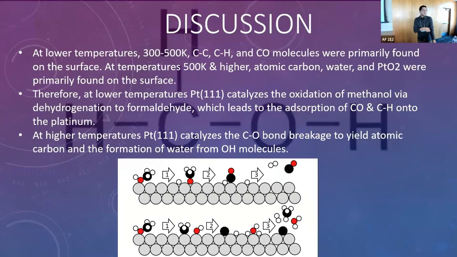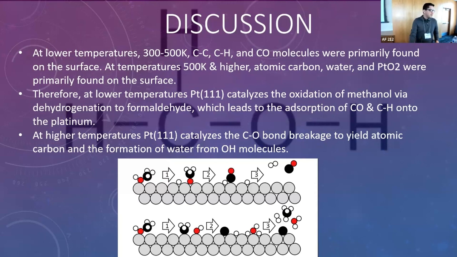From this, I concluded that at the lower temperatures, when we analyzed the oxygen containing species and the carbon, there were a lot of CC bonds, CH bonds, and CO molecules. But at higher temperatures, there was more atomic carbon, water, and platinum dioxide. So I concluded that at lower temperatures, the platinum 111 is catalyzing the oxidation of methanol by dehydrogenation to formaldehyde,